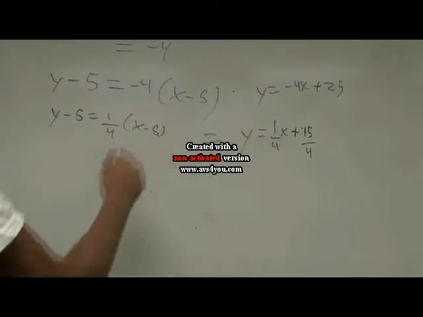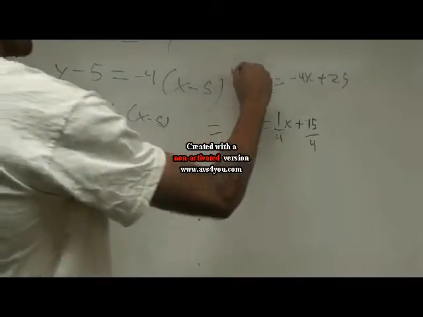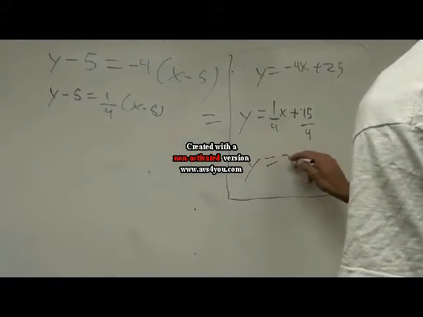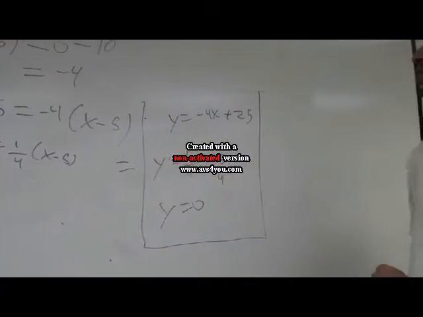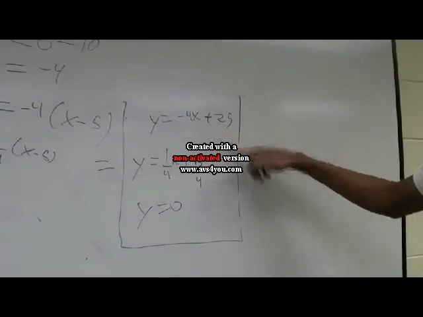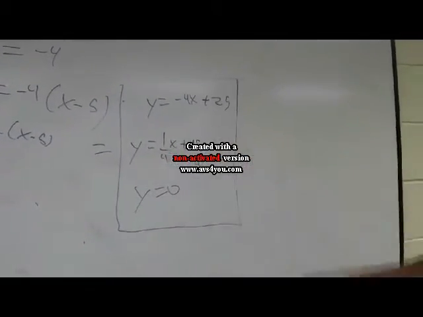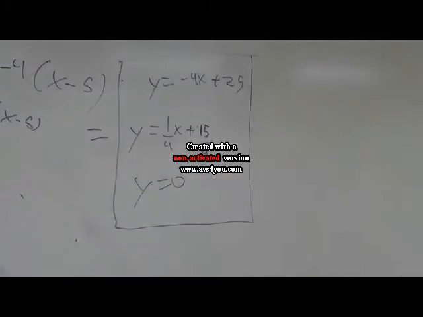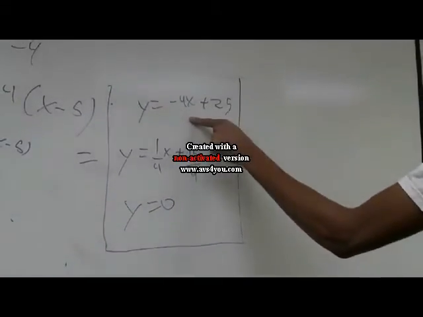So, remember, our graph is bounded by these two functions and the y equals 0 function. Alright, here we go. So now we have our two lines. We have our tangent line, we have our normal line, and we have the line y equals 0, the x-axis. So now we need to make a triangle, right? So if we graph this line,